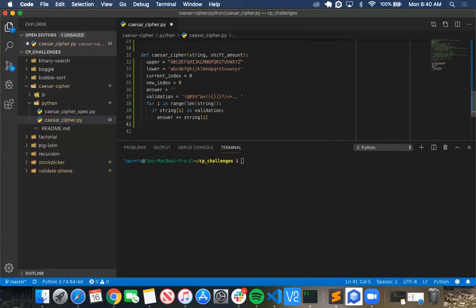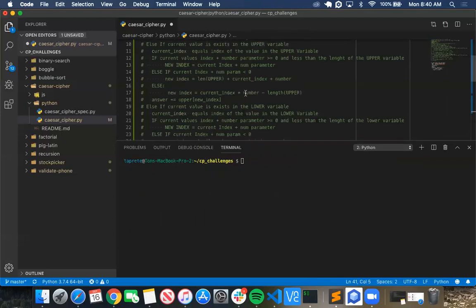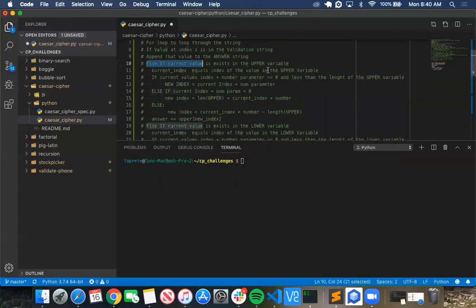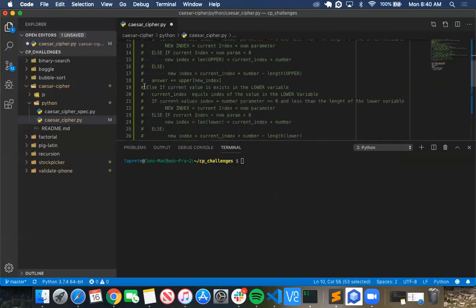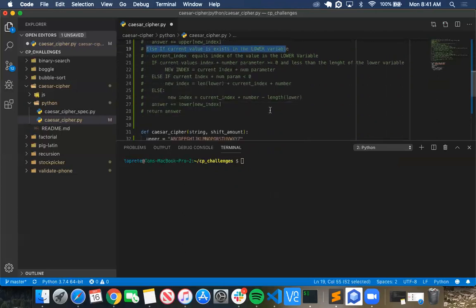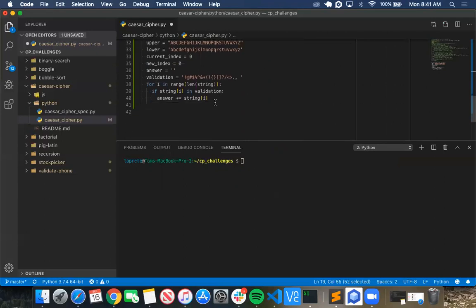Now here we're going to be checking whether or not it's in the upper. I'm going to check to see if that value at index 0 is in the upper variable. If it's not, we're going to check if it's in the lower variable. If string at i in upper. Now here we have more if statements. First we got to do the current index equals